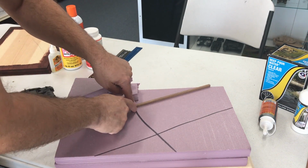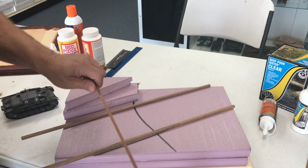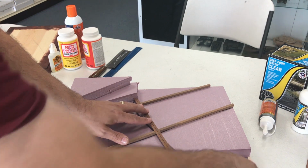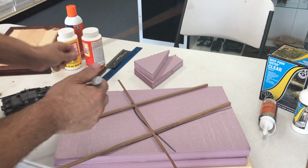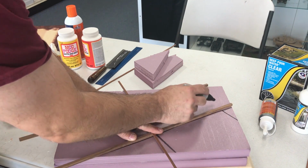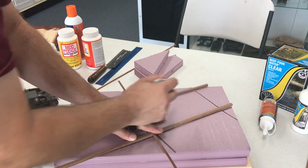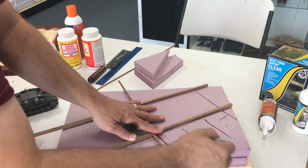So the bridge will start right about here. These will be the 2 beams going across, then the bridge itself will start being planked going this direction. And what I'm thinking about doing, move that for a minute, is probably only making just the smallest little bit of the river bed, or the river's edge on this side. So it'll be something like this. All this will be a down slope to the actual river,